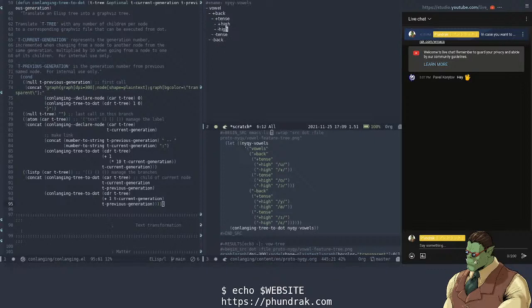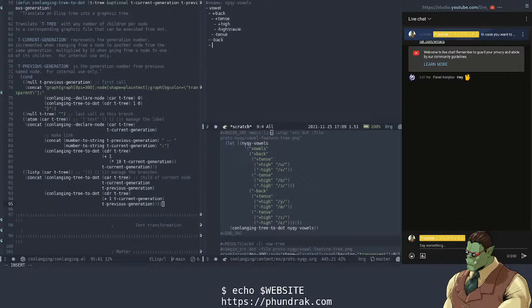Also, an advantage that I see to this is that the value here is stored as a string, and this is exactly what I need. I don't need to do anything more to say to Lisp and to org mode that I want this as a string. And the advantage of this is that even if I do, for example, a new line,